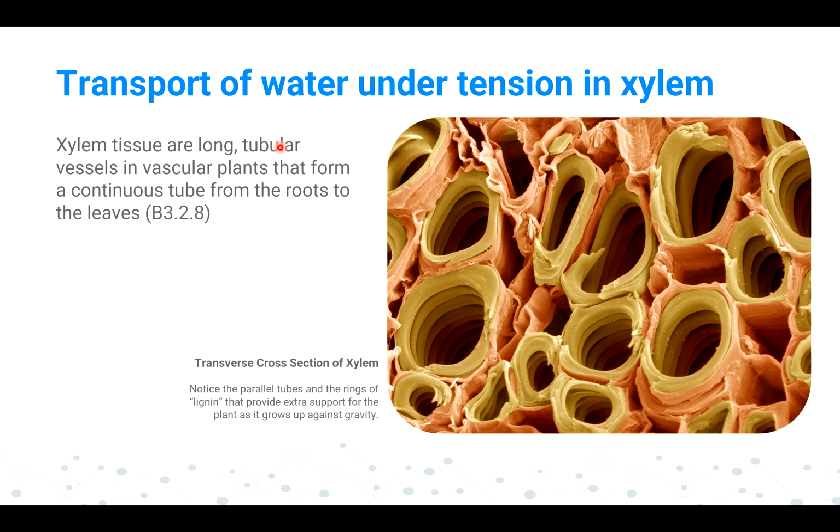Because of that, cohesion is important in transporting water through the xylem in the vascular bundle, right? And when the water is evaporated in the leaf, again the water from the root is coming up slowly into the xylem, and in this way the water keeps on flowing,